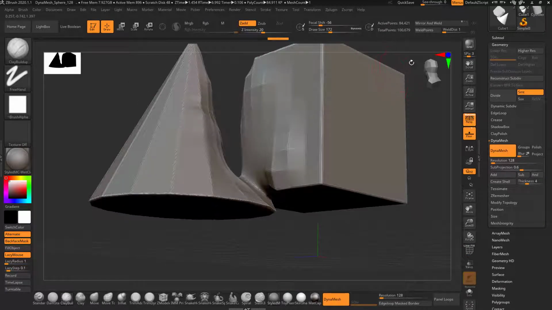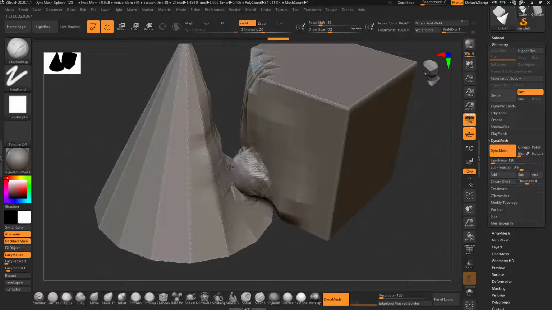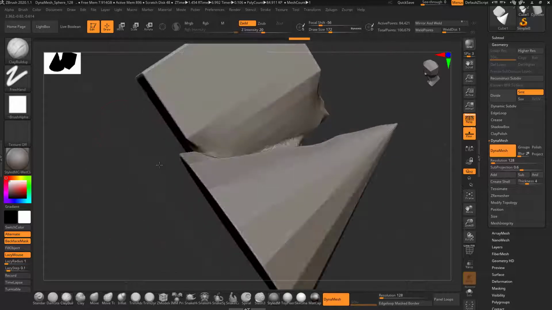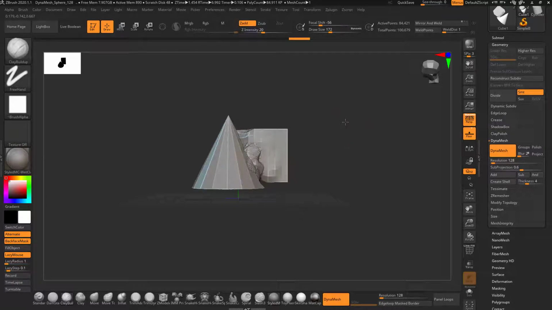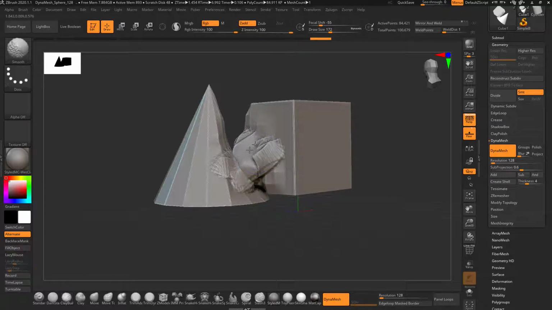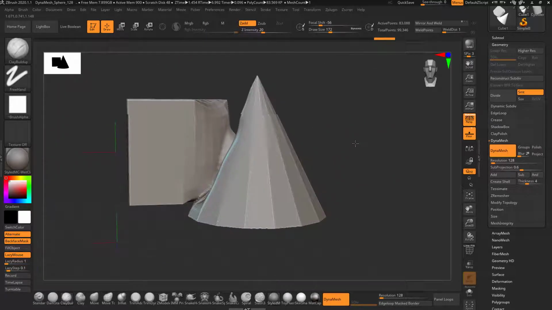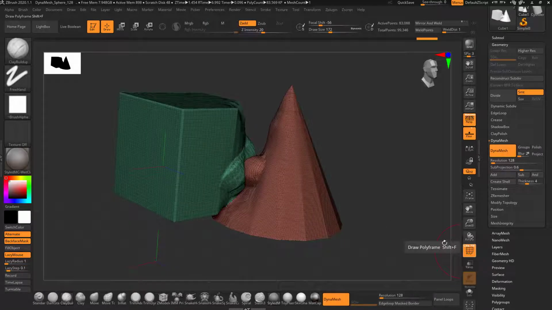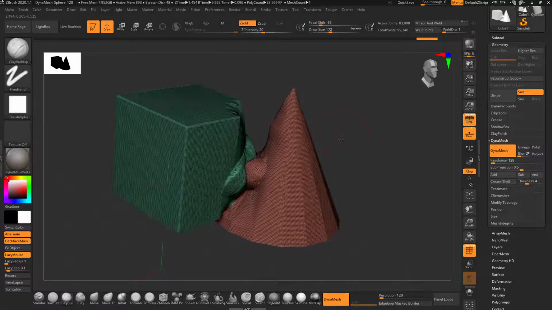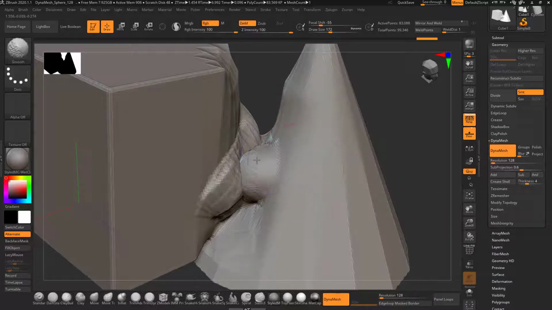Now you can see I can actually add any information, and it will be... now there are no sharp edges. So now these two objects have been truly merged, and I also have the option to select them separately, because these are still two separate polygroups.